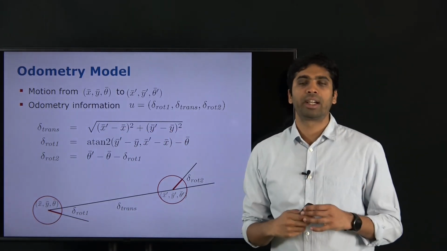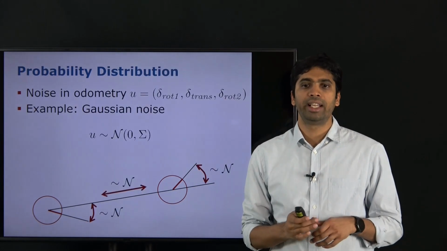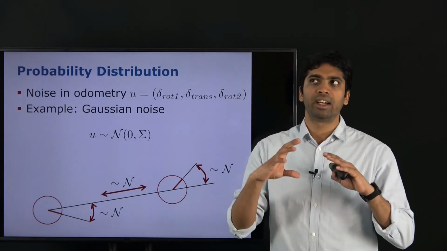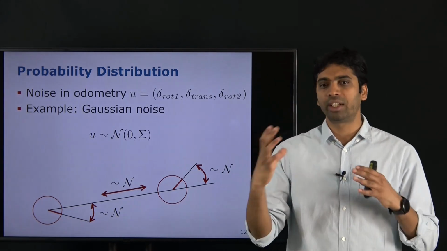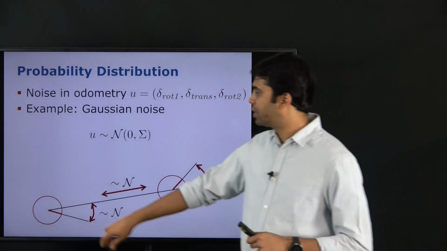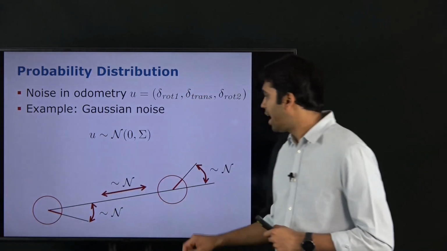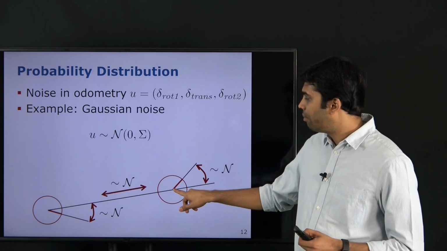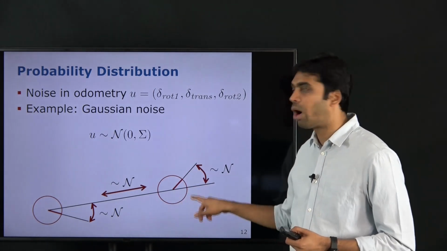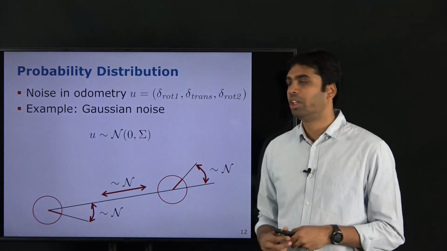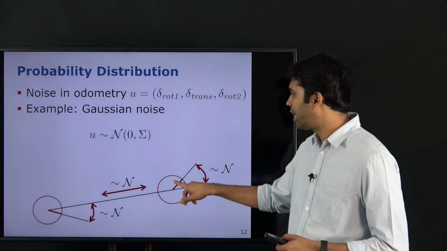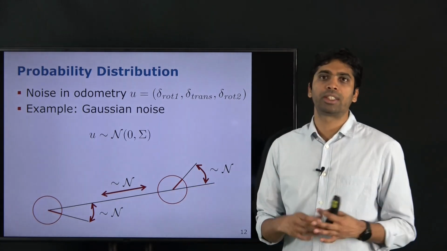So the next thing to understand the uncertainty, so to say, is to model how the noise is there on these different parameters. So one way would be, for example, if you start here, you could say that we roughly end up here, but with, let's say, a Gaussian distribution around this place. This could be one assumption. So we start from here. Very likely we end up here, but we might also end up a bit here, and this noise could be